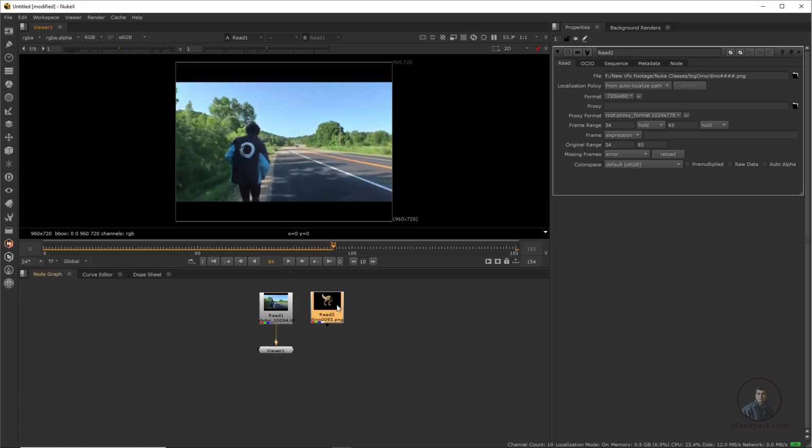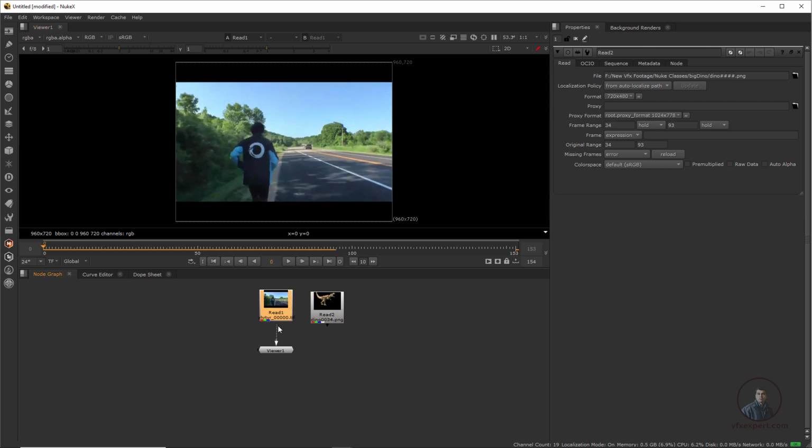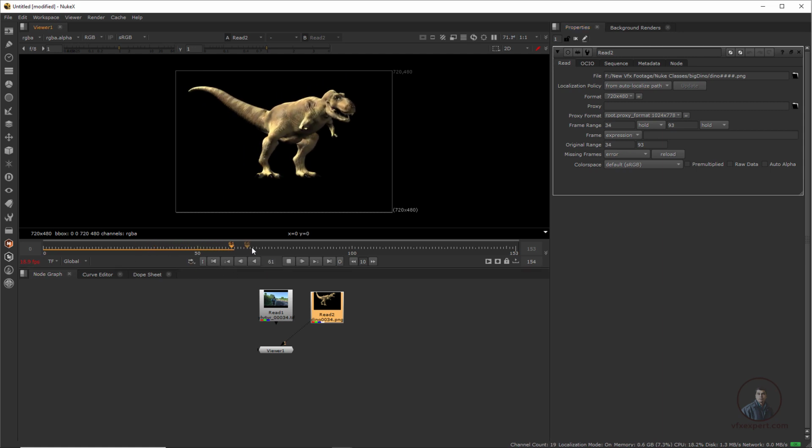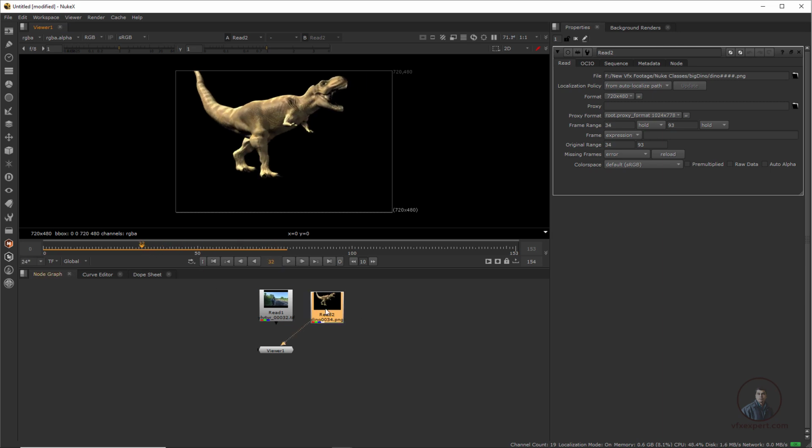Suppose again you want to view or play this video, then again click on the starting frame option and connect it with this footage. Now play this one. If you play here, you will see it's not playing until frame 34, because if you look at this image sequence or video, it starts from frame 34. So it will only start playing at frame 34. Now play and check again. This is actually due to this starting frame range.